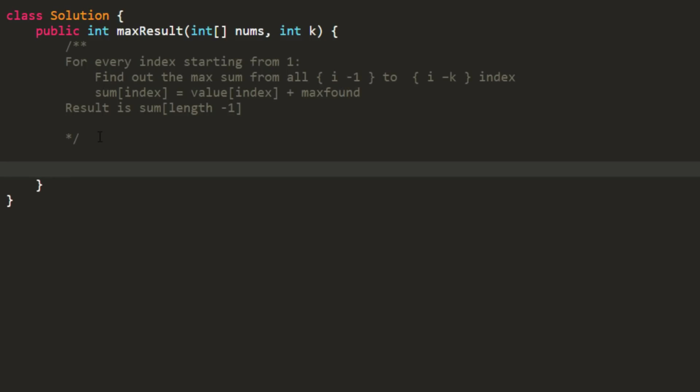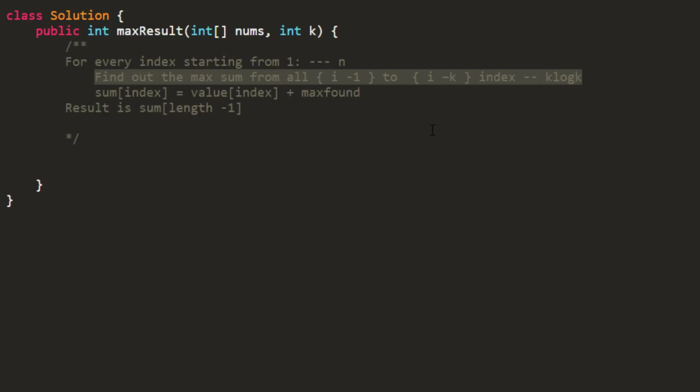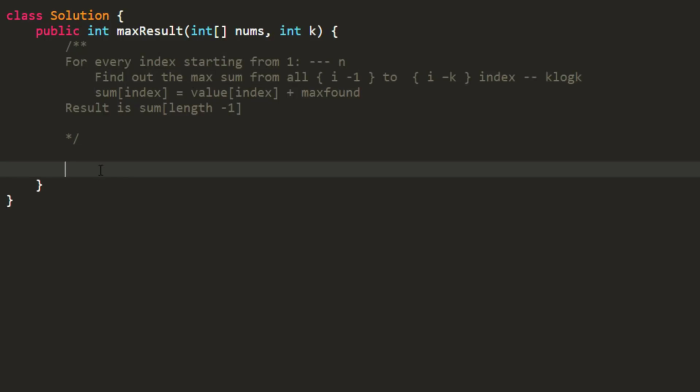So we need to start off with iteration starting from index equals 1, and we also need to find out the maximum sum between a window of k values. We can either use sorting for this k index, but using sorting inside a loop will create a high complexity close to n into k log k, because this loop is of n times, and as there are k values over here, it will be k log k. In order to reduce the time complexity, we can use a priority queue, as it is a sorted data structure, and we can implement our custom comparator in that as well. So we will do that.